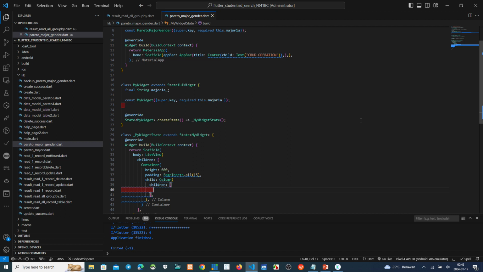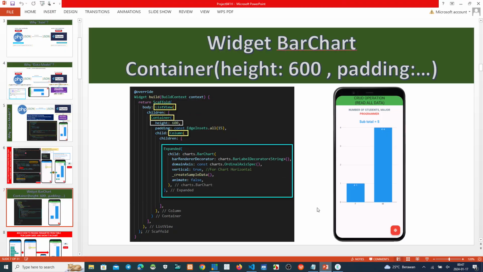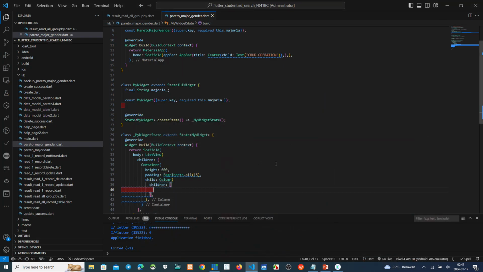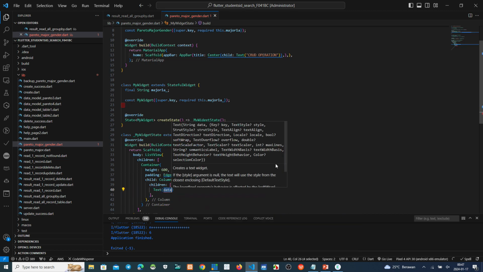Okay, if we test, we try to show this result if we send this parameter from here. Maybe we click this one, parameter name is programmer, and then we must show the result programmer. If we click the database, the result must be database. Okay, now we try text widget.